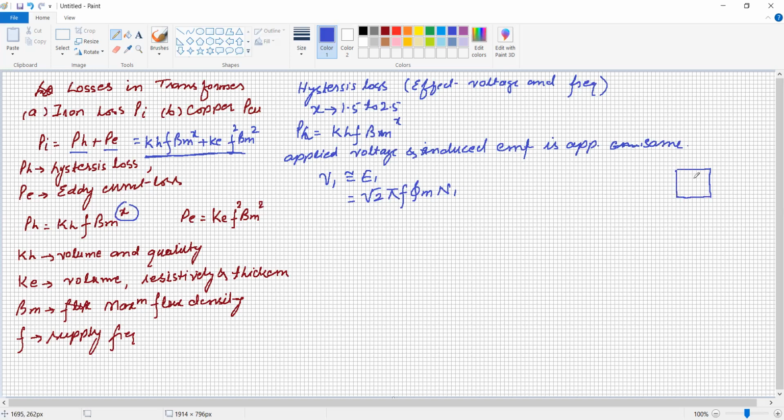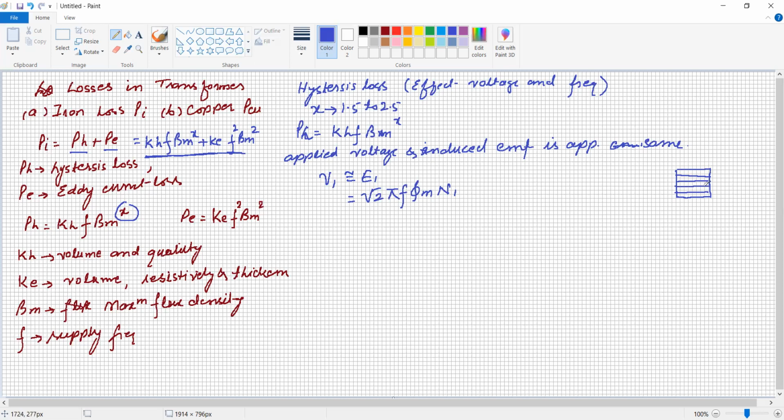No doubt, in practice it is a cruciform core. There are a number of strips, so as to make the shape of the core round, to avoid sharp bends over the winding and to reduce the mean diameter of the winding. Now, this is the laminated core we are using for decreasing the eddy current loss, and